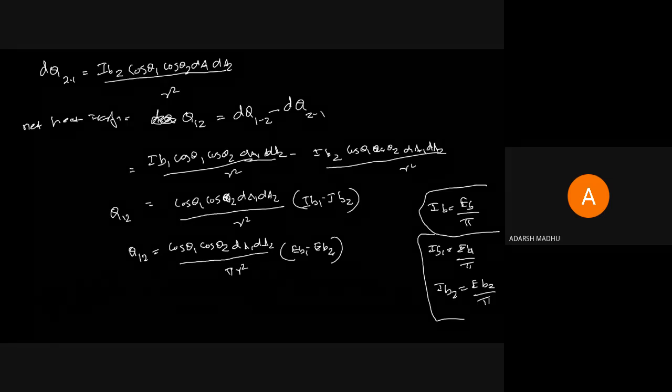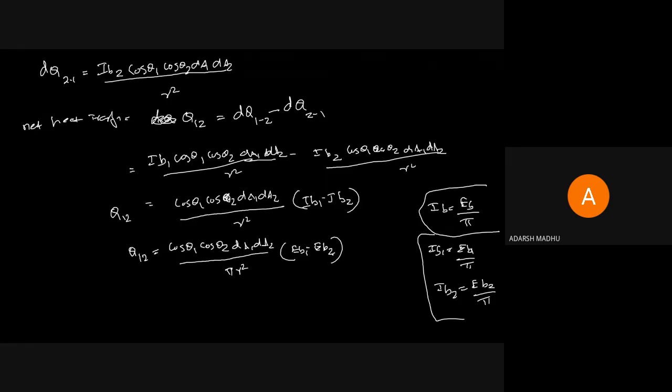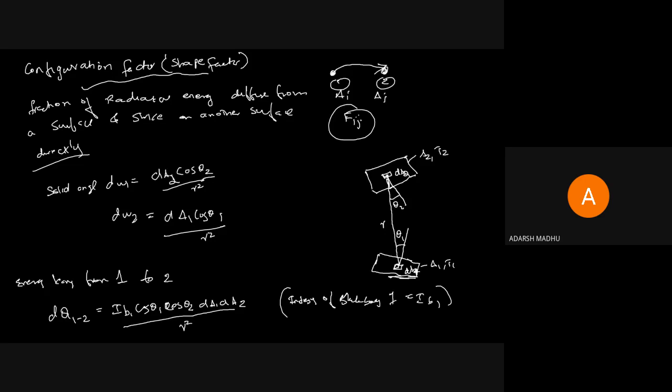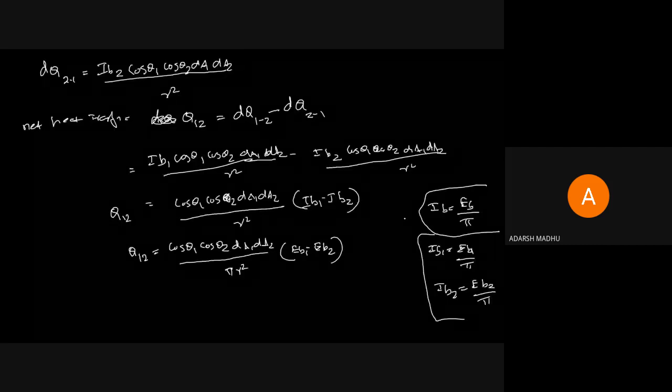This is the net heat transfer between dA1 and dA2, that is, small areas dA1 and dA2. So how can we find the total heat transfer between A1 and A2? These values are for the small areas dA1 and dA2, so how can we consider the total A1 and A2? To find the net heat transfer between A1 and A2,